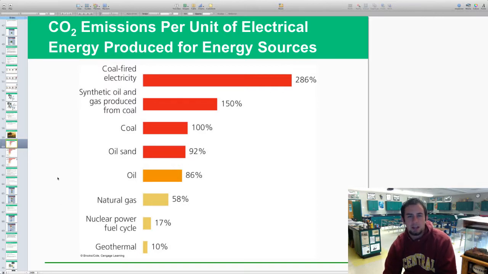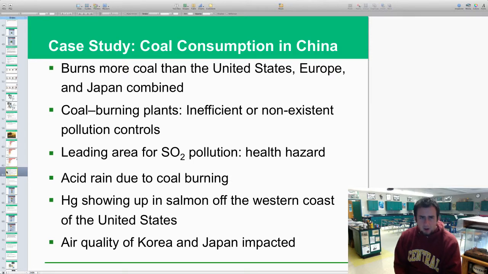So that's just showing you, in ranking order, how much CO2 emissions are actually occurring. All right, so let's look at a case study. And we're going to look at China again, as we have done in the past when we look through these chapters. We always compare to China, but